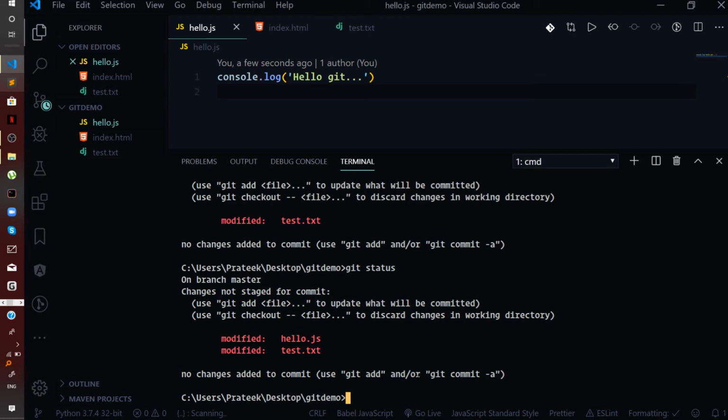Let us suppose, so till now it is clear that we have added these two files in our staging zone. Now let us suppose we only want to add test.txt in the staging zone. We only want that this file should go into the commit and not the hello.js file, because let us say we want to do some more work in hello.js. So for just test.txt to get added in the staging zone, we will